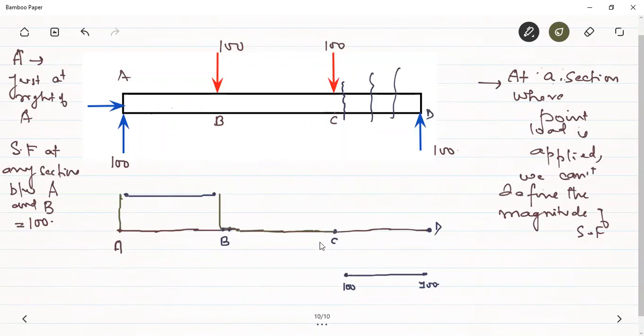At C, there is a point load. I can't say what the actual value at C is, but the minus 100 is actually just to the right of C. But the books just show it directly shooting at this point load and make it minus 100 here. It's not actually minus 100 there, it's just to the right of C. And here there is a force which is acting upwards. They are moving it in the upward side. This is actually the shear force diagram. This will be the positive shear force and this will be the negative shear force.